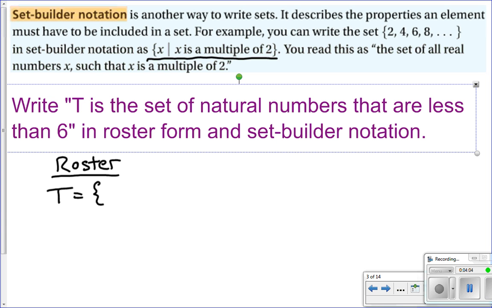You have to think, what are natural numbers? And if you remember from chapter 1, natural numbers are the positive counting numbers. 1, 2, 3, 4, 5, 6, 7, 8, 9. And this question is saying the set of natural numbers that are less than 6. So, knowing that, 1, 2, 3, 4, and 5. It's not less than or equal to, so we can't include 6. And 0 is not a natural number, so it's not included. Well, if I went to set builder form,